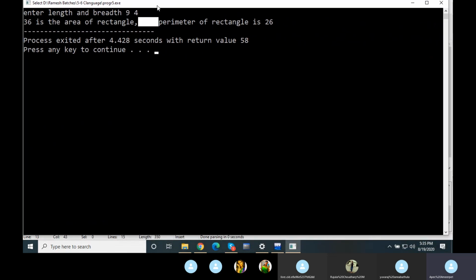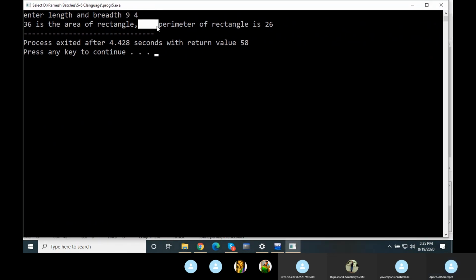After every 8 spaces, you will have one tab stop. After every 8 spaces from the beginning, you will have a tab stop. This is 1, 2, 3, 4, 5, 6, 7, 8. This is going to be the next tab stop. Then from here again 8, that will be one more tab stop. So here it has moved to the next tab stop position and from here it is displaying the next value.